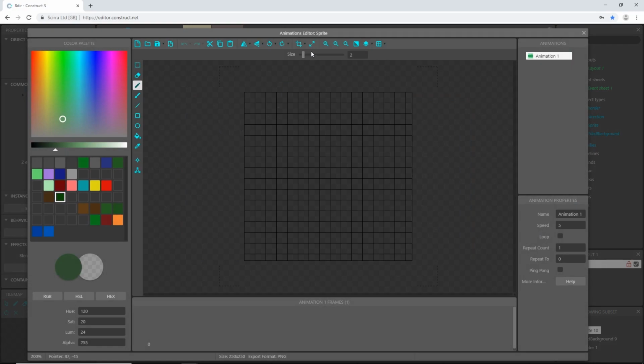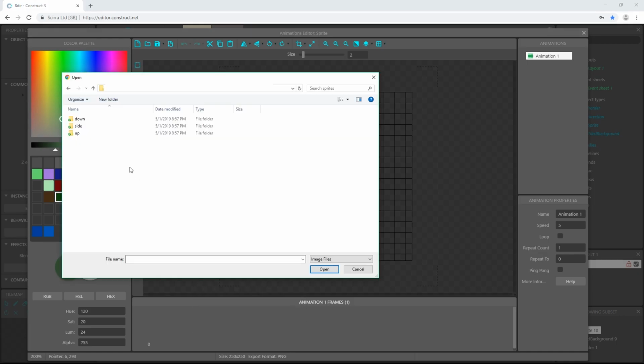Okay, instead of resizing it and messing with any of this stuff, we are going to import the sprites that I have made. They are very artistic and great. You're going to love them. I'm going to come down here to the animation frames panel, and I'm going to right click and import frames from files. And what this is, I'm going to import sprites that I have already made. And if you're following along with this and you would like to use these sprites, I have left the link down in the description. You can download those. And if you do download those, you'll need to move these 3 folders to somewhere where you can find them and then navigate to them.